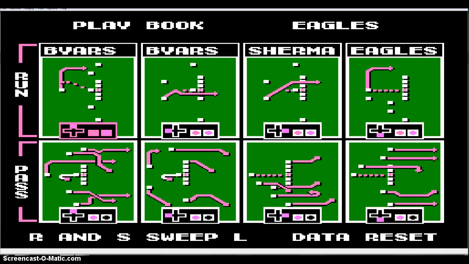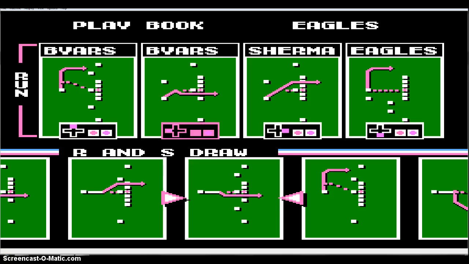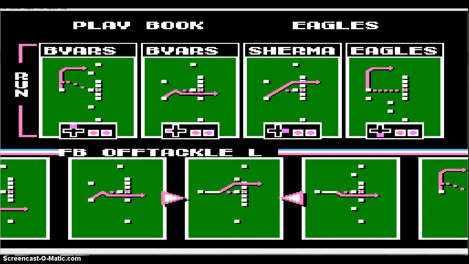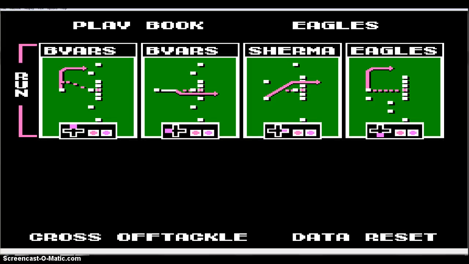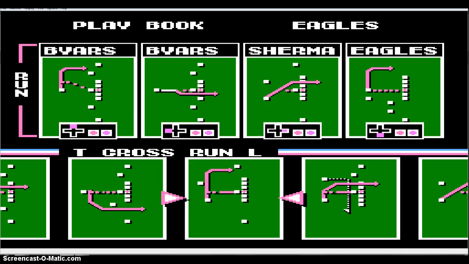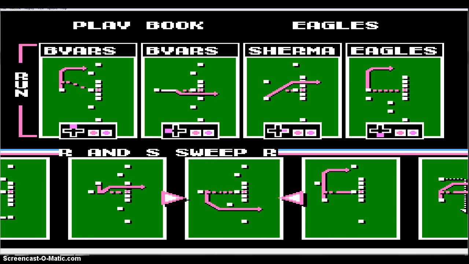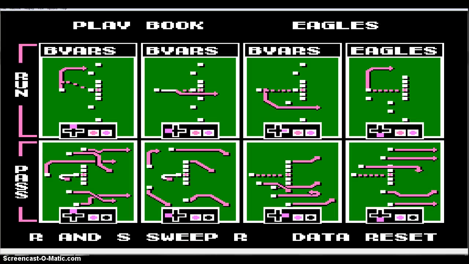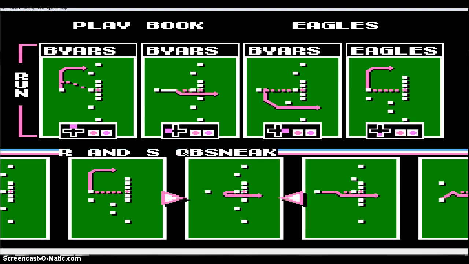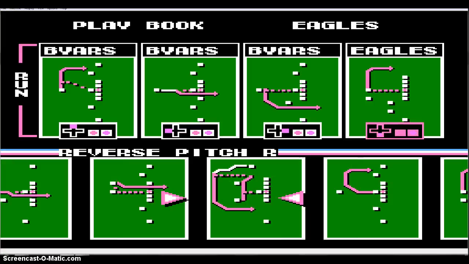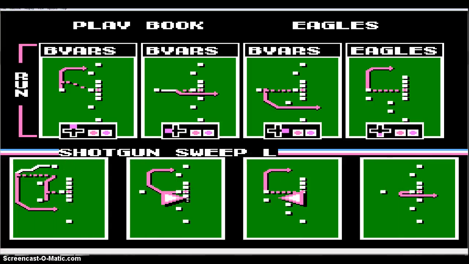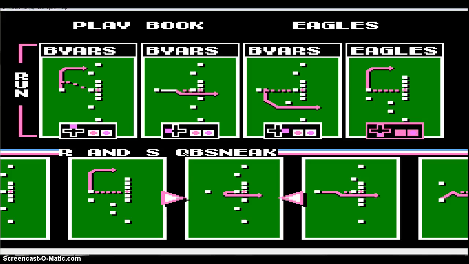So here's a spread play, a toss left to Byars, and then I can go into this look and see what they have, and here's a draw out of the same formation, and then I can go into look here, and maybe this time I'm going to go with a sweep to the right, and here we can go with a quarterback sneak,